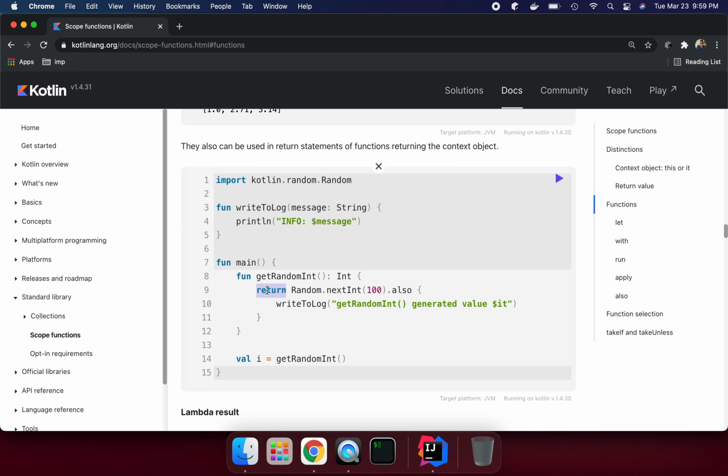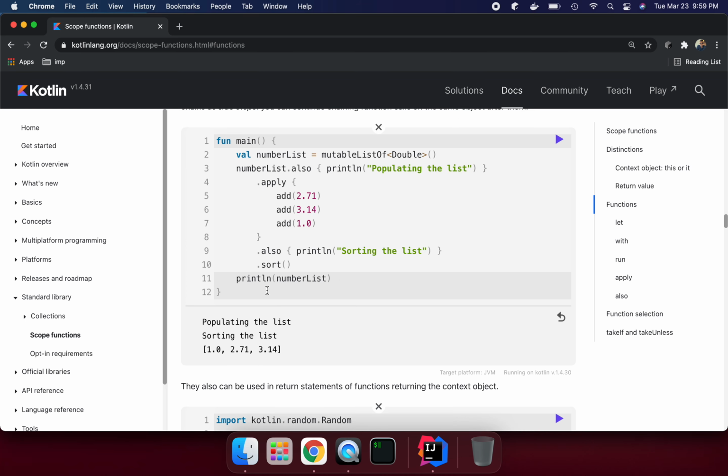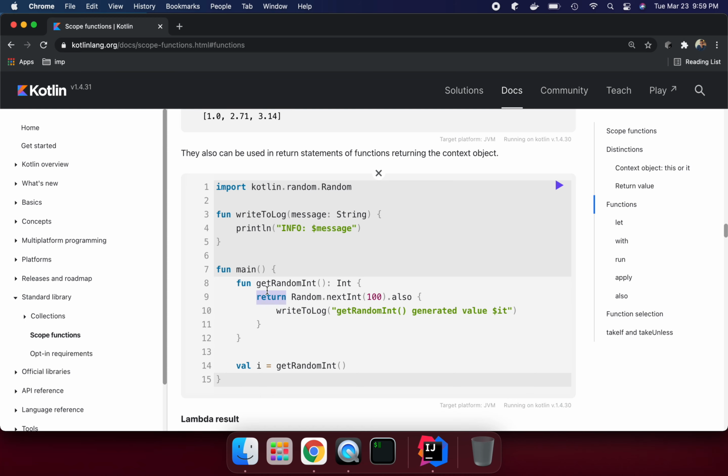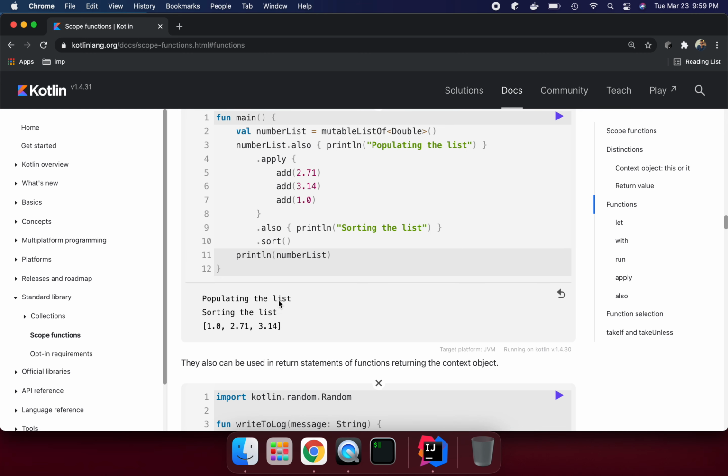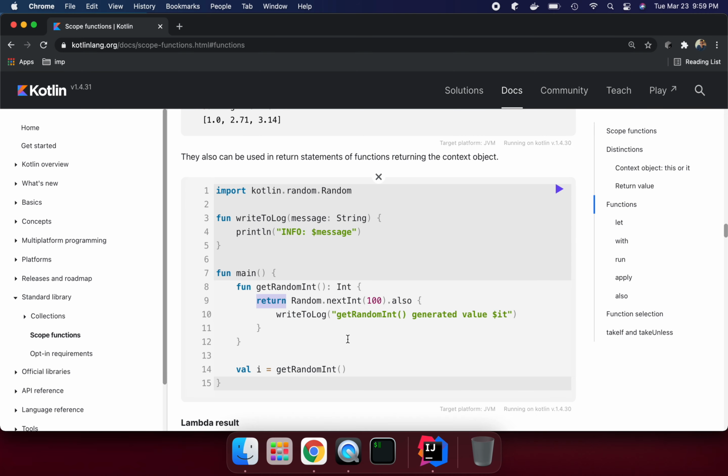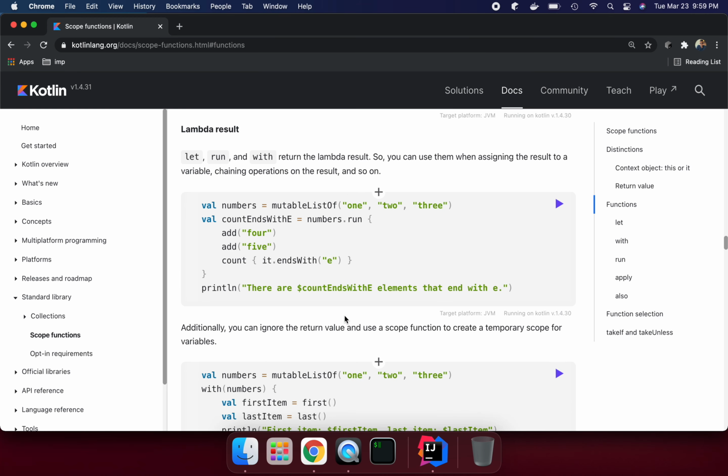Generally we can use return or we don't use return, it doesn't matter for us. Here we are trying to return the context object from also. We don't need to provide it, it will return for us. Here we are saying once you perform your operation in the function scope, please return the object. We don't need to do that.